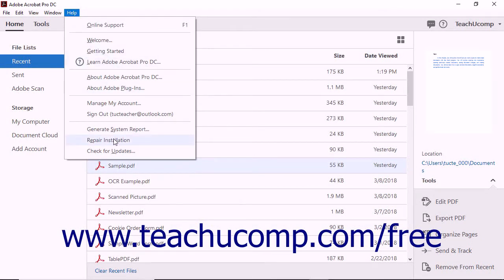The Repair Installation command within the Help drop-down menu is a troubleshooting safeguard that lets you repair damaged files within the software. This feature can be helpful if a security update creates a conflict with your default web browser or computer system. Selecting the Check for Updates command within the Help drop-down menu launches the Adobe Acrobat DC Updater dialog